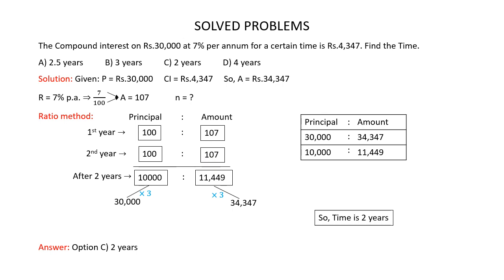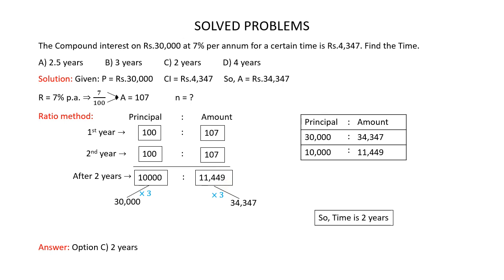Next, on multiplying the principals of both the years, we get 100 multiplied by 100, we get 10,000. Similarly, on multiplying the amounts of both the years, we get 107 multiplied by 107, which is 11,449. So after 2 years, principal is to amount is 10,000 is to